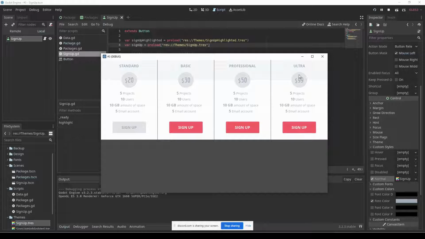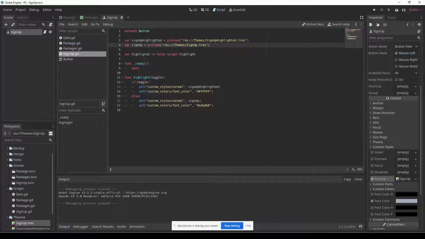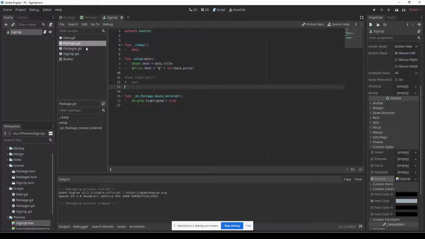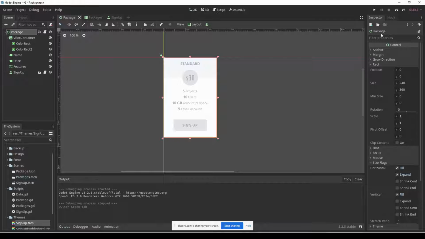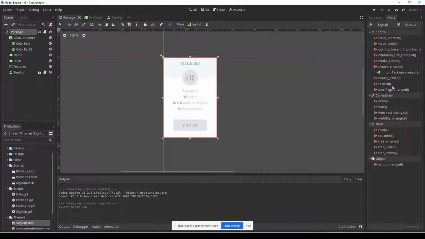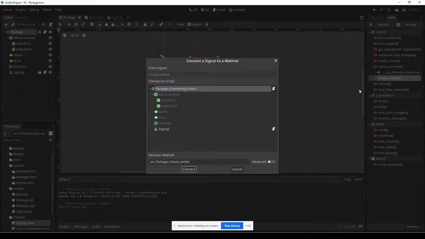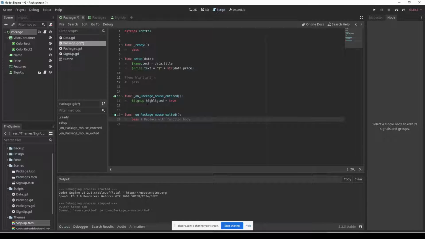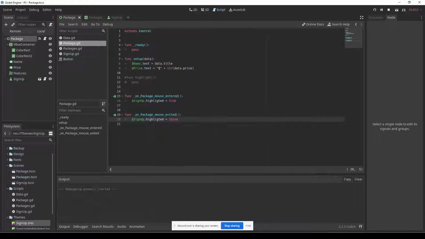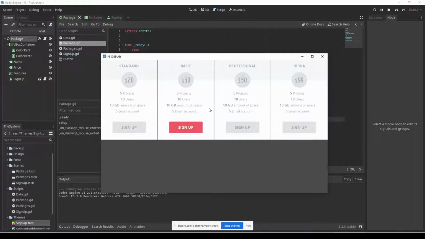Now, because we haven't written the off case in package, let's come back to package and we should write the mouse exit case. So when it's mouse exit, we've got to change the highlighted state back to false. So then the else block in the highlight function is triggered. So when we do this, and we